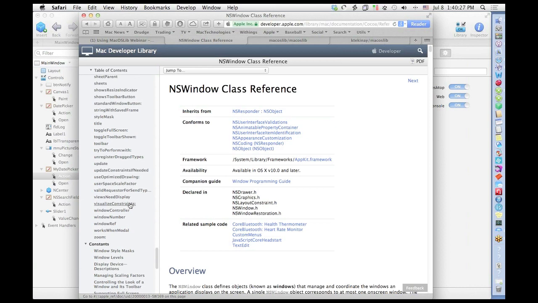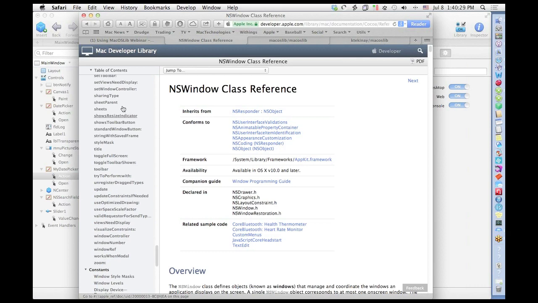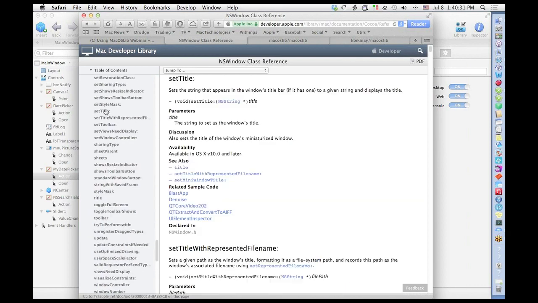Well, I'm not seeing transparency, but for example, if you look at something like setTitle, you'll see down here